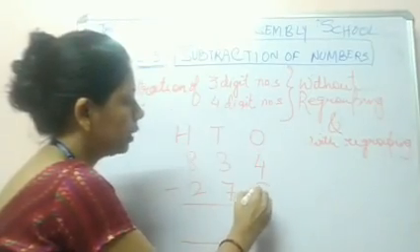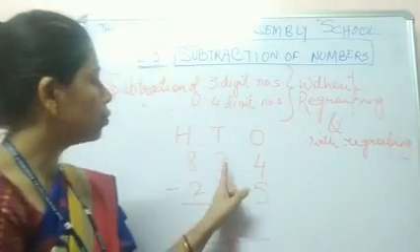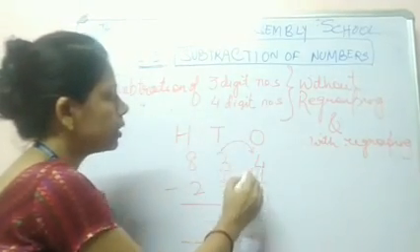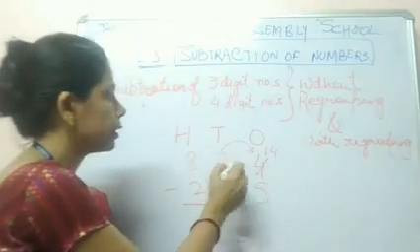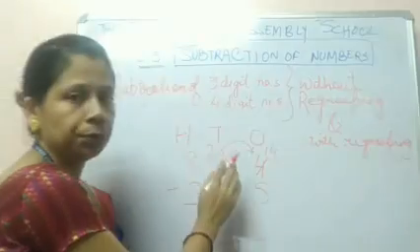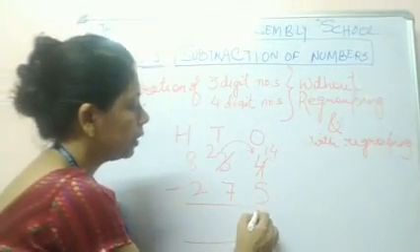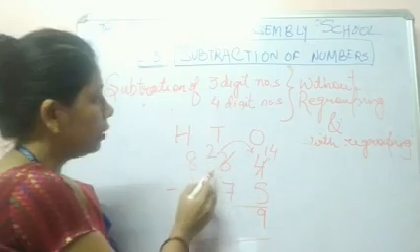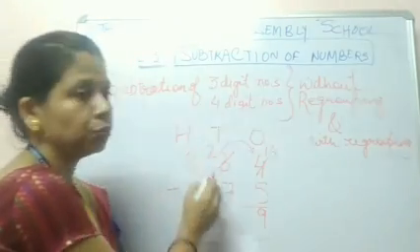And over here let us take 5. You cannot subtract 5 from 4, isn't it? So you will borrow from the tens place. When you borrow this, it will become 14. You are borrowing 1 from the tens place, so it is becoming 14 and this will get reduced to 2. Now what is 14 minus 5? It is 9. And again you cannot subtract 7 from 2 because 7 is a